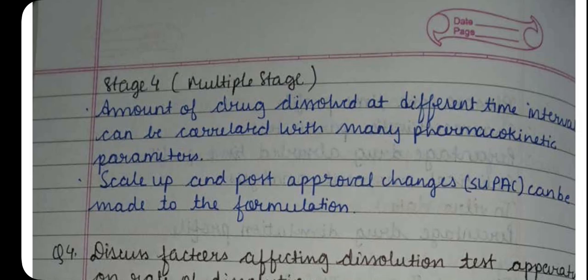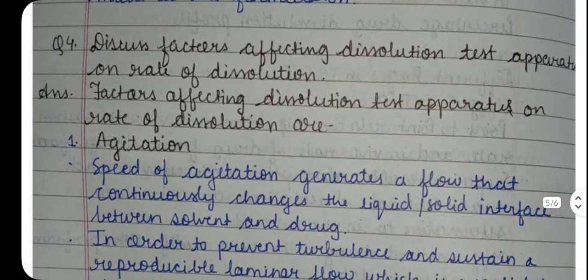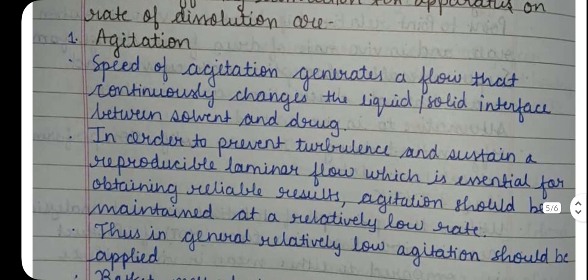Stage 4: the amount of drug dissolved at different time intervals can be correlated with many pharmacokinetic parameters. Scale up and post approval changes can be made to the formulation. Next are the factors affecting the dissolution test apparatus on rate of dissolution. First is the agitation, second is the sampling probe, and the third one is the